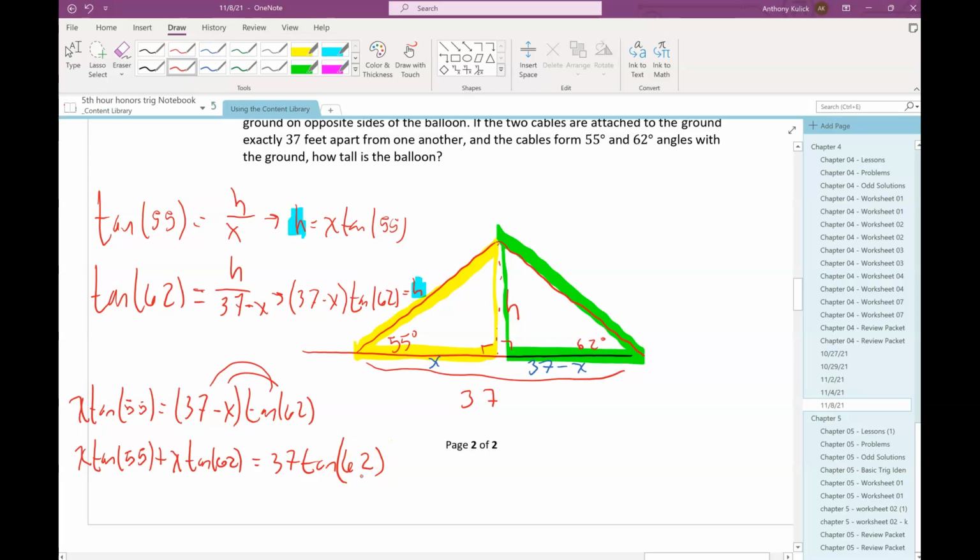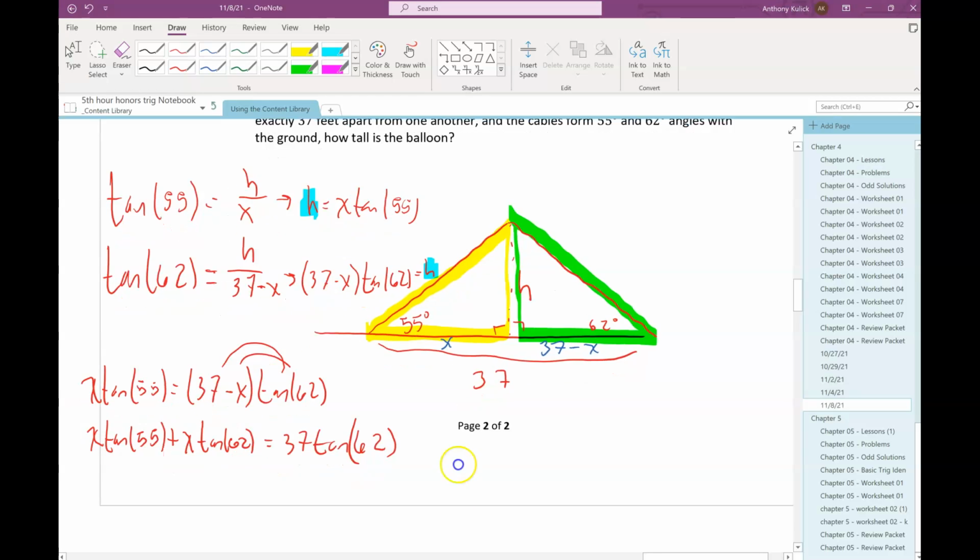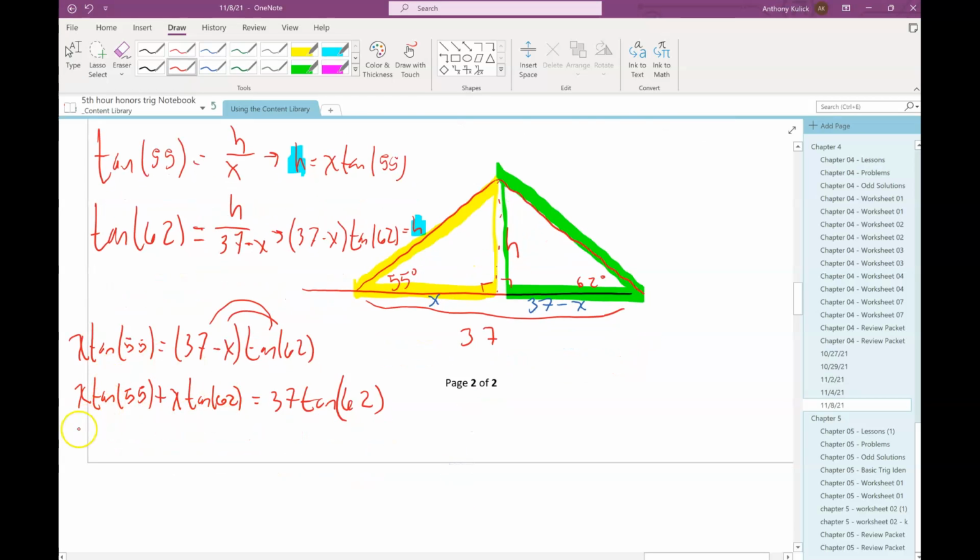Is that okay? On the left-hand side, I notice both of them have a factor of x, so if I factor that out,